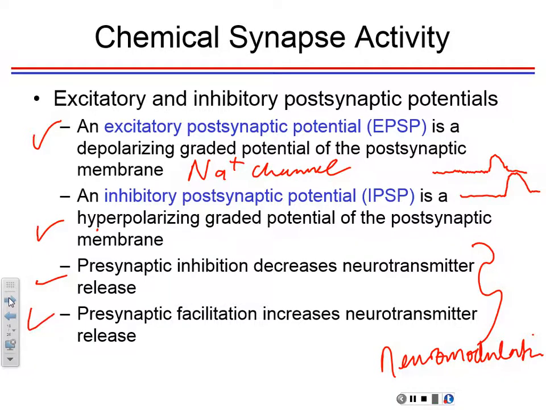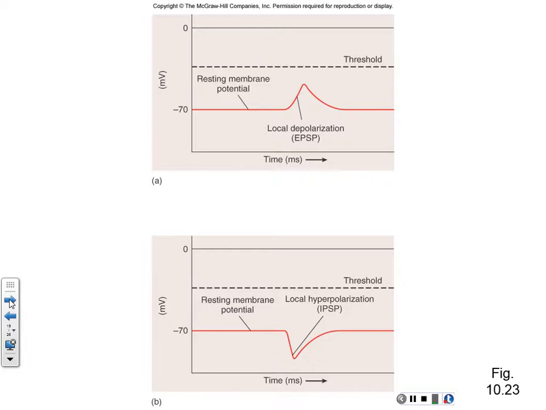Okay, so that's the neuromodulation part. You can affect it by increasing the response or decreasing the response. And I'll show you a nice picture where you have those neuromodulators. So here, if you have a depolarization, you see how you are approaching threshold. So that's an excitatory postsynaptic potential. It may not necessarily lead to an action potential, because if it doesn't reach threshold, then nothing happens. If it doesn't go to -55, nothing happens.